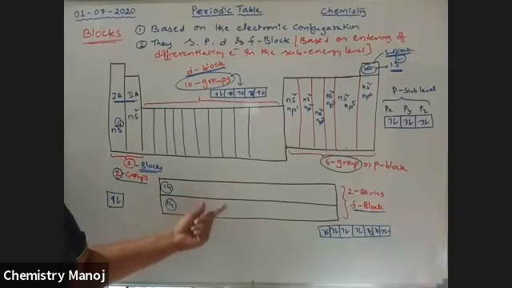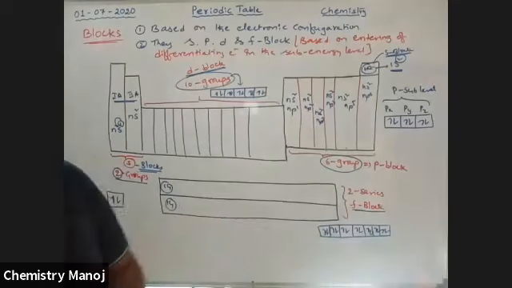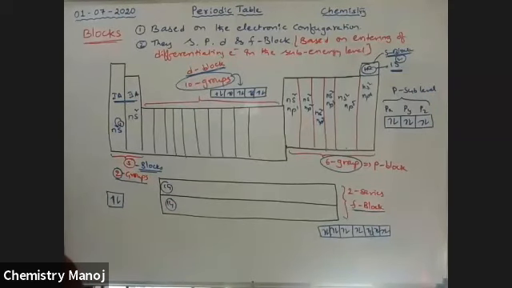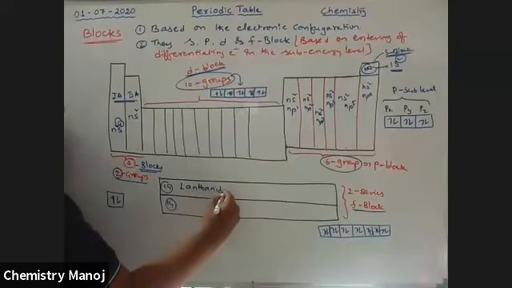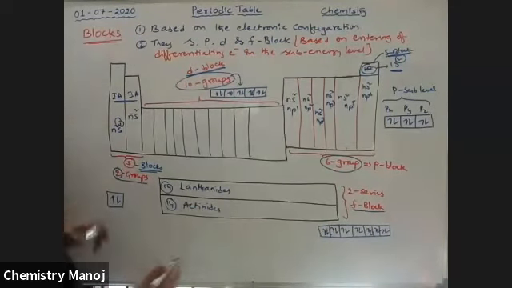Here 14 elements plus 14 elements. Why only 14 elements are considered, sir? Because 14 electrons are possible for F block elements in the F orbital shell. So these are nothing but lanthanides and actinides. In that, the first 14 are lanthanides and the second 14 are the actinide elements.